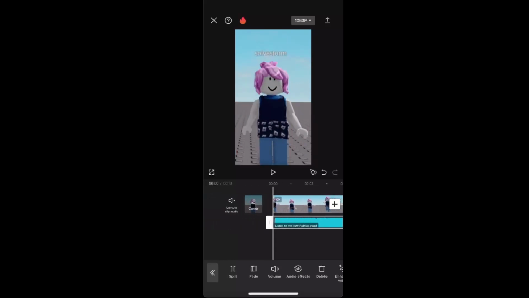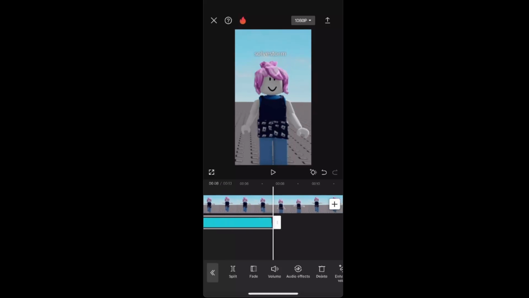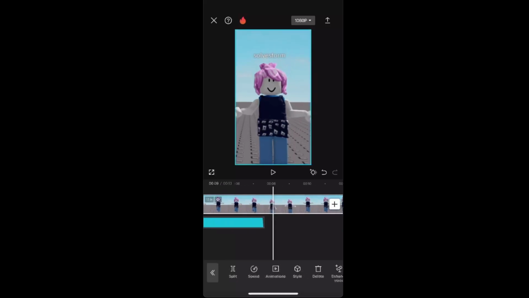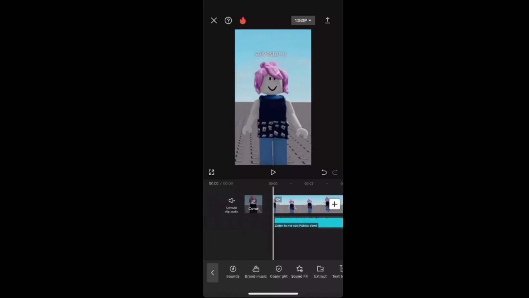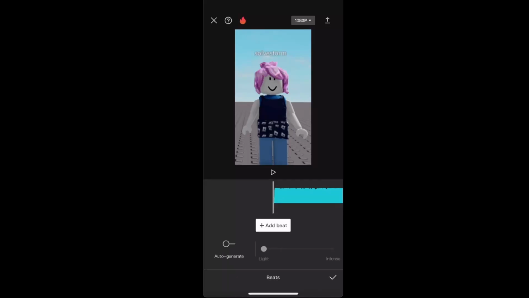So first of all, you want, of course, to cut the clip where it ends. Just split it, and we don't need the last part. And of course you want it to start like so. Now we want to tap on the audio and press beats, so that flag over there, and you want to auto generate it. And we will need to delete a few of the beats,